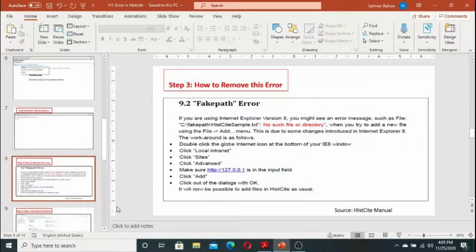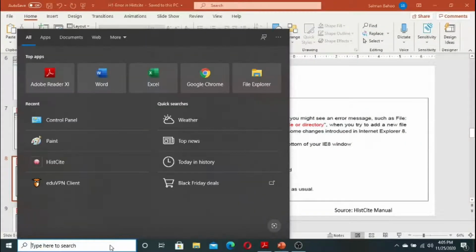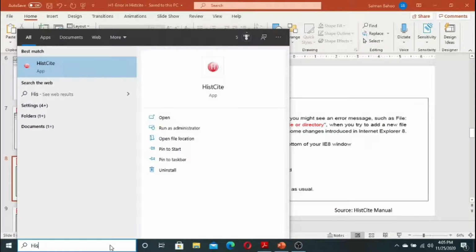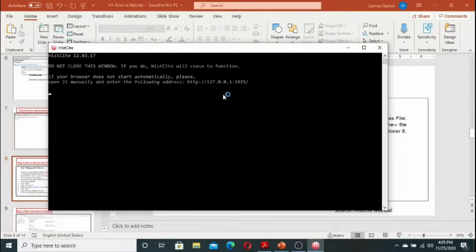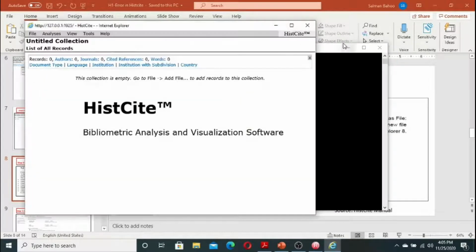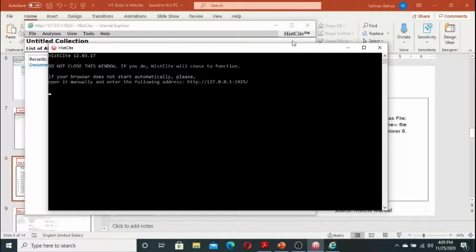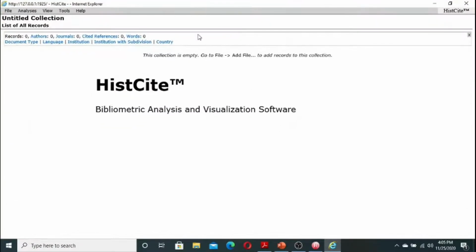We open the HisCite software. It is already registered on my computer, so I just click OK. Remember that when you're using HisCite, keep this black window open. You don't need to do anything on it, and there will be a window you will see in Internet Explorer. Now you have already downloaded a file for adding here.